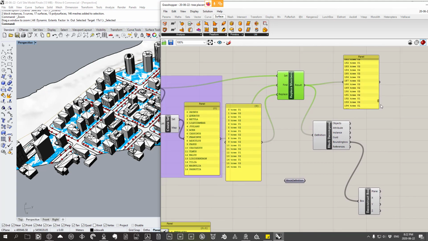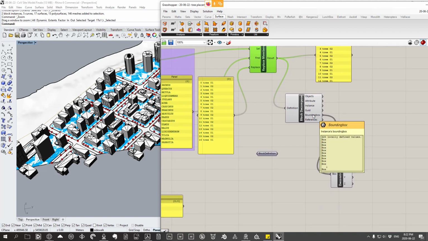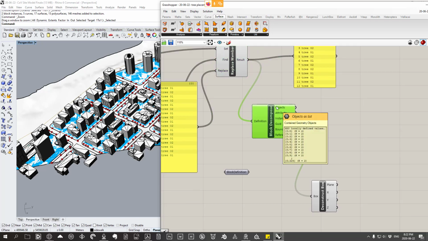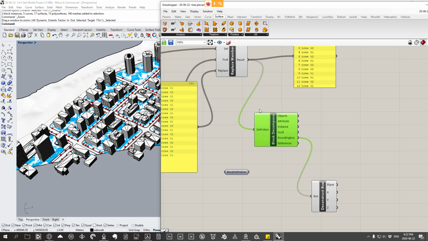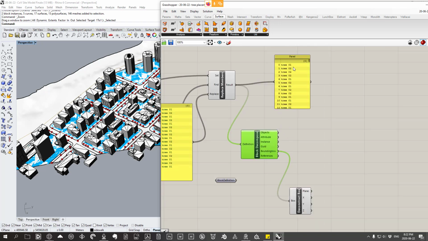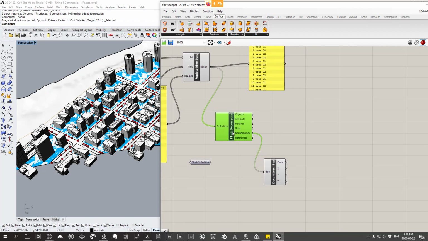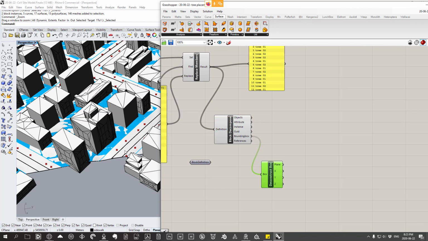So you can see we have 225 trees, each of them has a block name, and then each of those blocks we're getting its box and the objects in that box, and that's the reason why it's taking a little bit longer to solve, because the objects are being solved for each iteration of this tree or this block. So what we're going to do now, finally, we're going to take the boxes, we're going to move them to